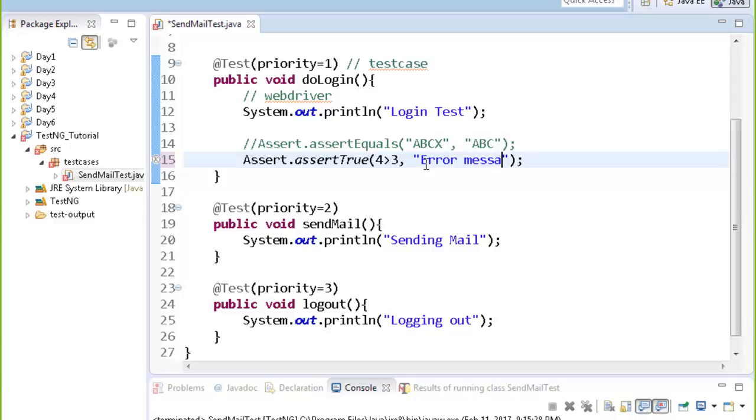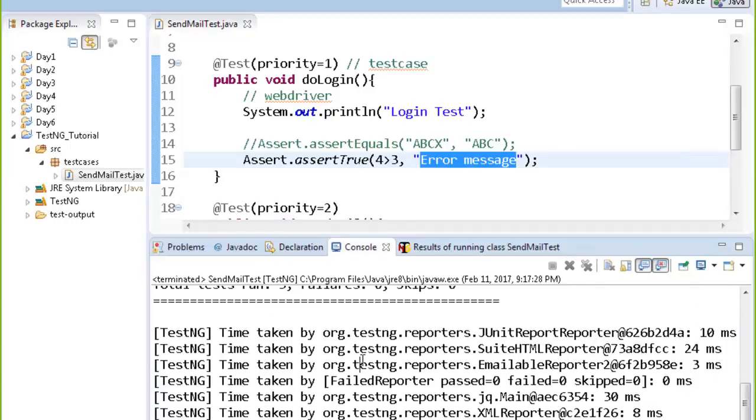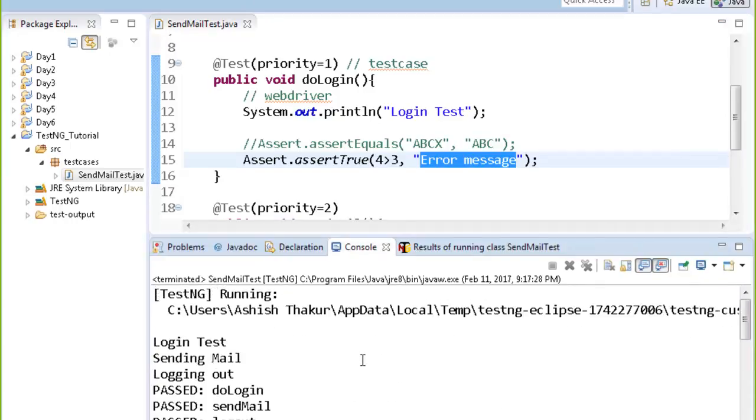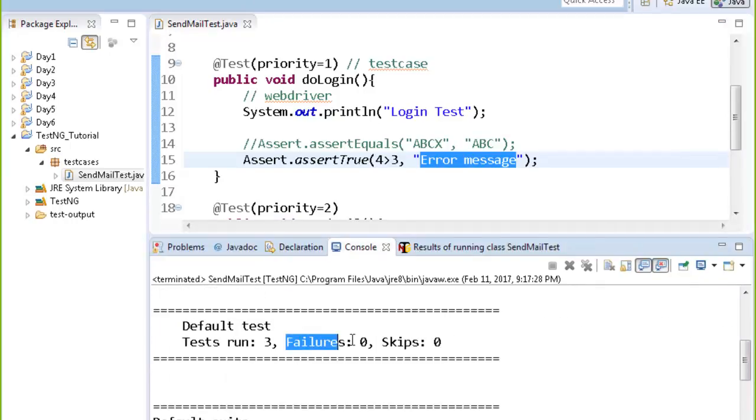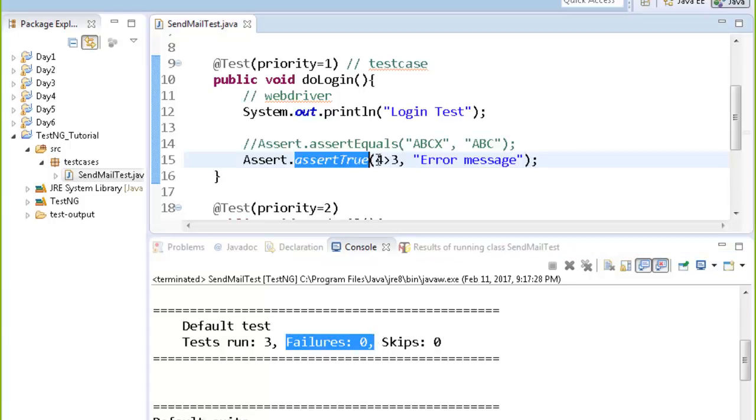You write the error message out here. So when you run it, it prints over here failures are 0. What happens is that assertTrue wants to make sure that whatever criteria you have given over here, whatever condition you have given,